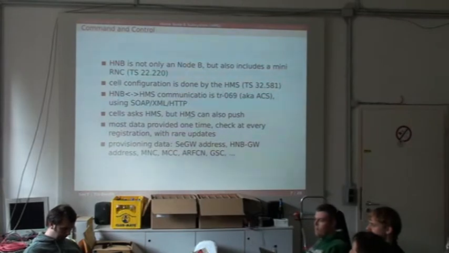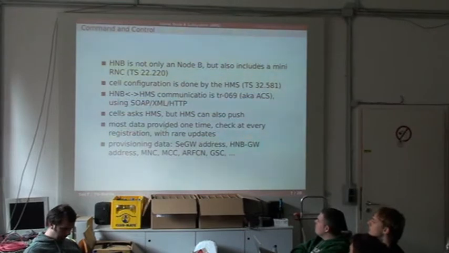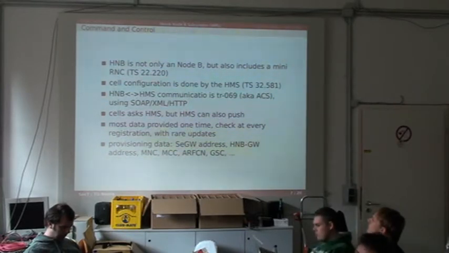But the HMS can at any time push any configuration to any femtocell. So the femtocell will have a listening port for this, which supports this protocol. The data is provided at runtime, that's the provisioning, where they push which frequency you want to use, which users are allowed to connect to this femtocell, because